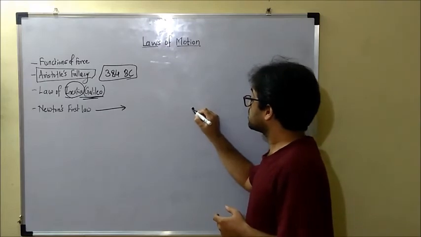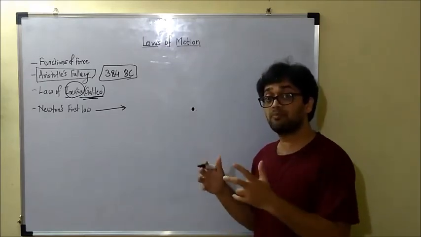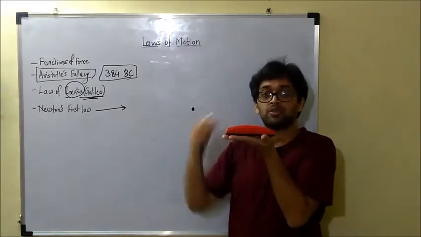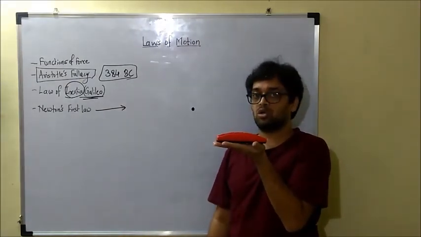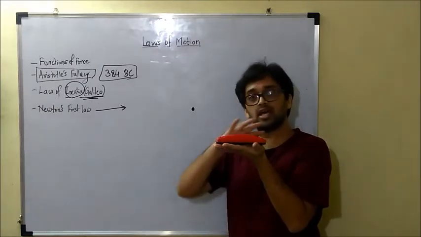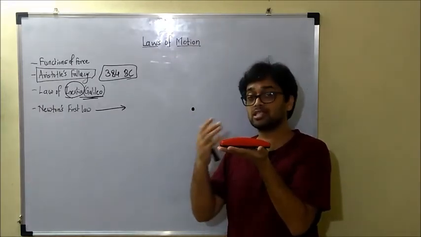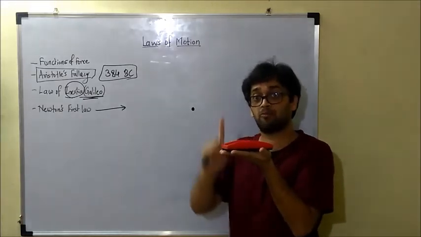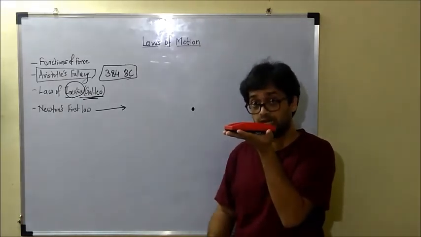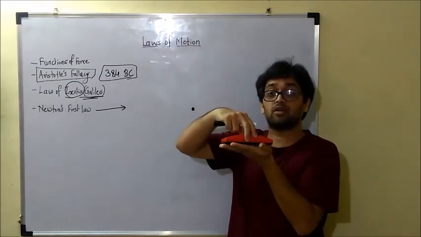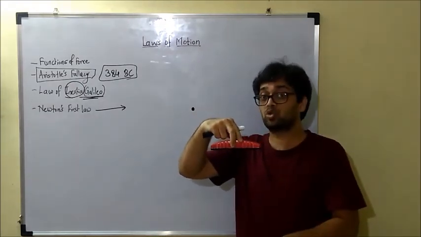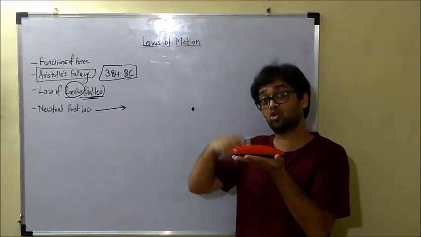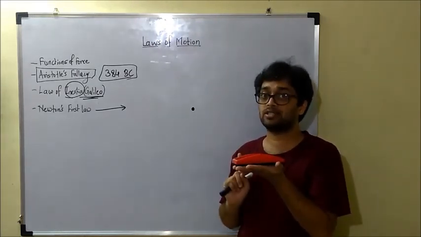Things staying at rest when the forces are balanced is called an equilibrium situation. For example, this duster, is it moving now? No, it's not moving. Why? Is there no force acting on the duster? There are several forces acting on the duster. One is the force by my hand, which is upward. I am trying to stop the duster from falling down, so the force is upward. Then there is the weight of the duster, which is trying to pull it towards the earth, but still the duster is at its own place because the forces, though they are external, are balanced.